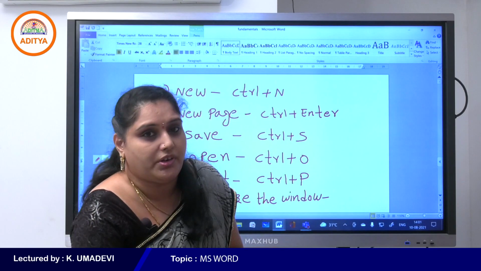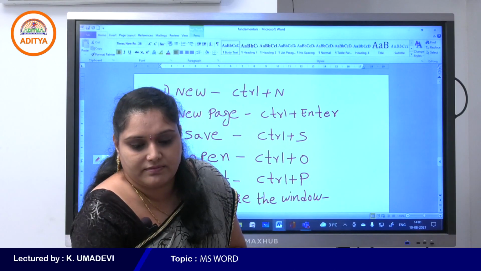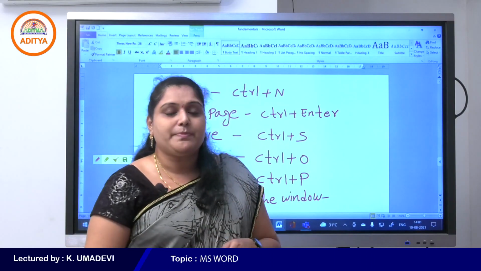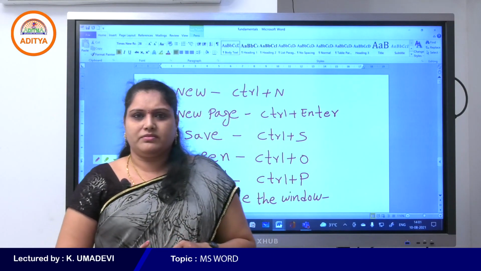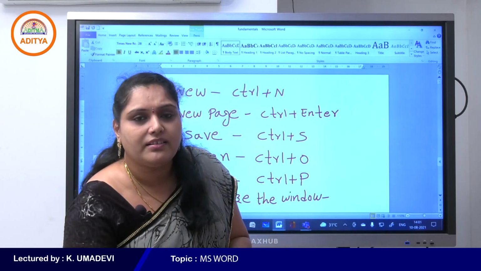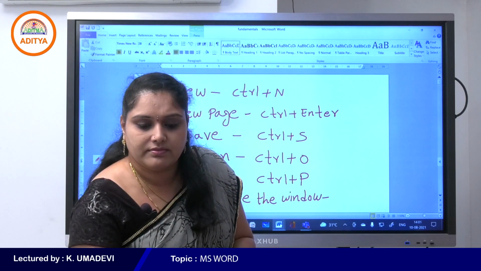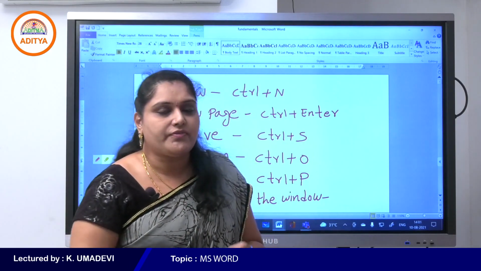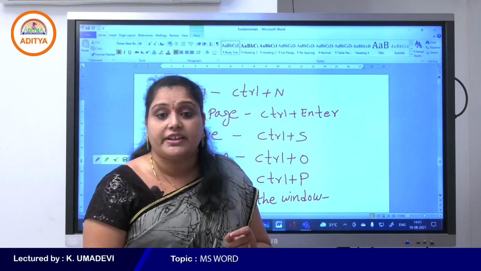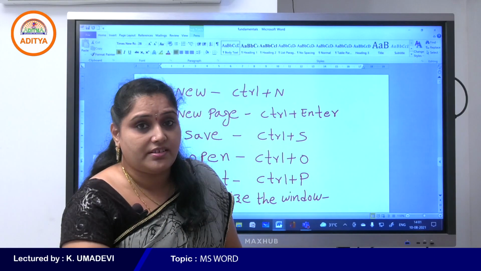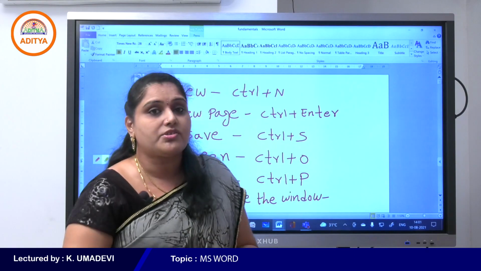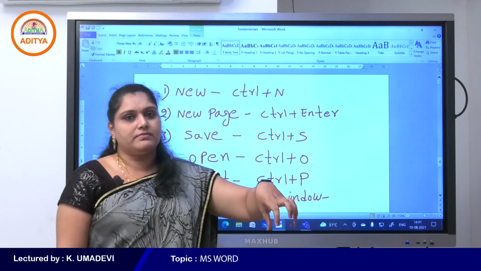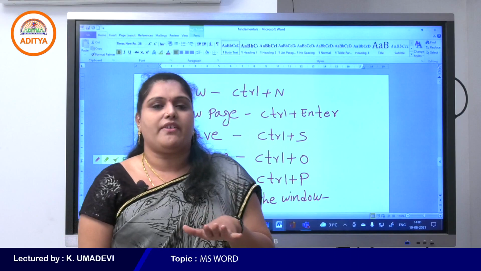Very good. Save As is to rename the document. Save As is used to store the content at a new location. Did you check the fundamentals material on your target portal, students? Please check with your target portal login, because the fundamentals material is already uploaded there. Save As is to rename the document, and it is also used to store an existing document to a new location. So that is the advantage of Save As.